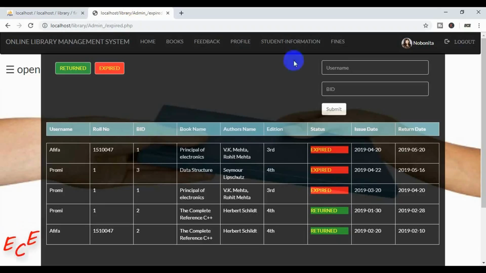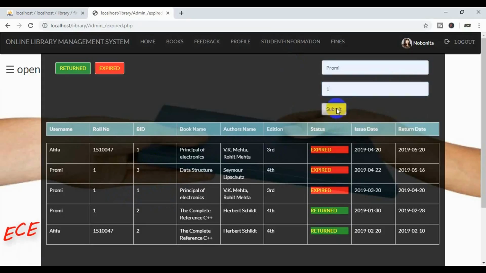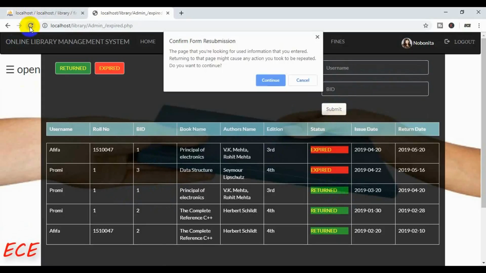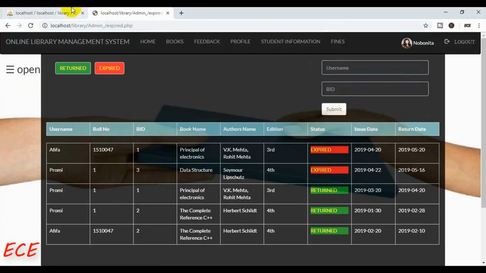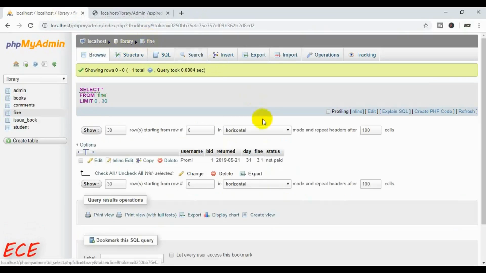Now let's just see if it works or not. Let's say Promi is returning book 1. So we need to give the ID 1 and let's submit, and you can see the color is changed here. And if we go back to our database, you can see that inside the fine table, you can see the return date and how many days it has been and the fine they had to pay, and